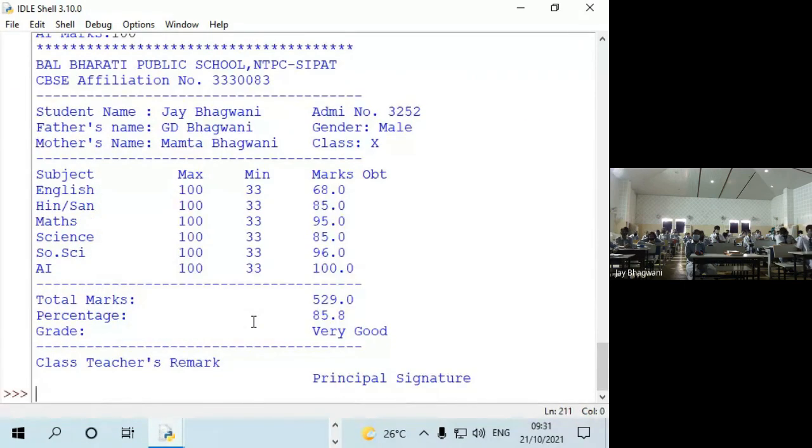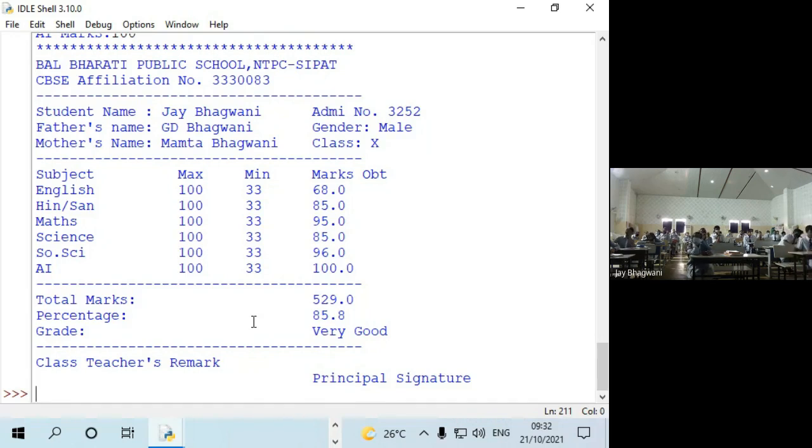Now you can see the complete report card, it is ready. You can see the student name, whatever values we have entered just after the student name, it is coming. Admission number is coming at the right position. You can see all the data that I have entered. Then the marks obtained are coming, and then total marks are also calculated.